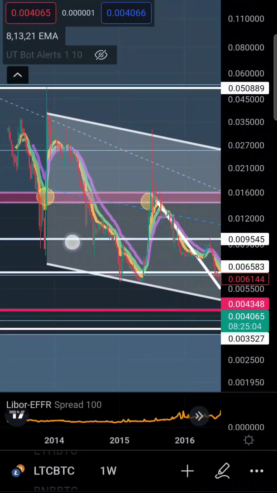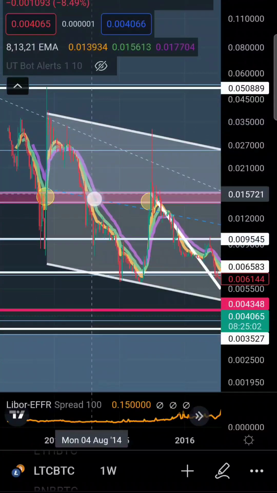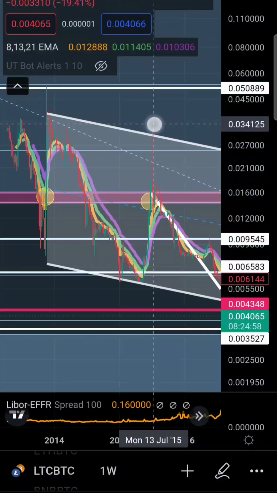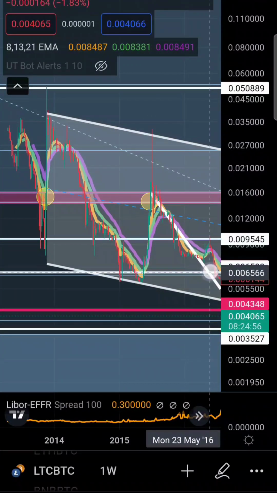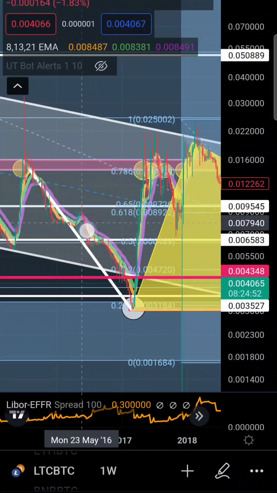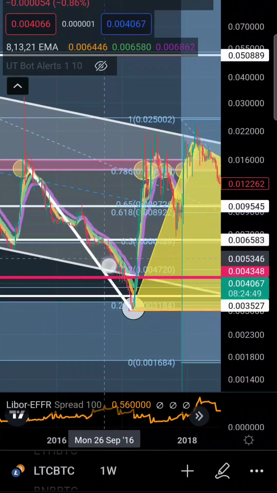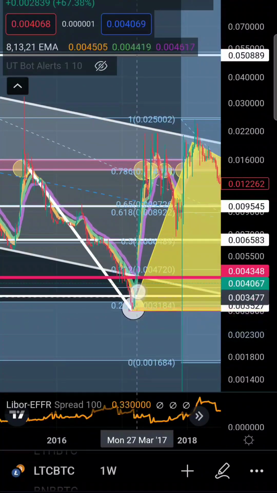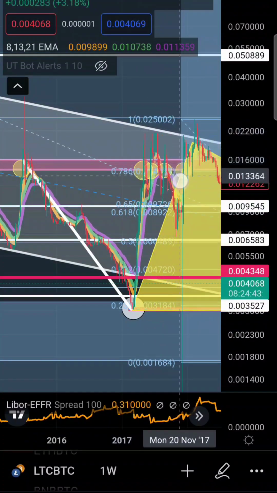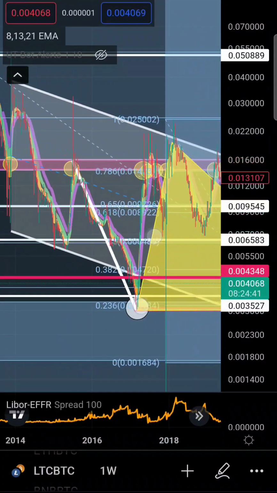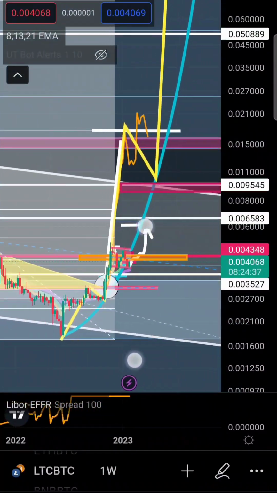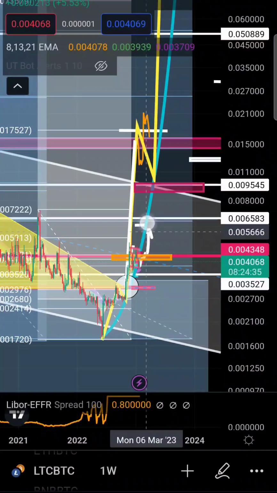And once again, at the 0.5 fib, we tested support, came down underneath it, big move. We had a sharp decline once we got underneath the 0.5 fib, and then we retraced right back to the 0.5, and then eventually got above it a little bit. So pretty much, we were playing around the 0.5 fib for a long time. So we should expect to at least get up to the 0.5,